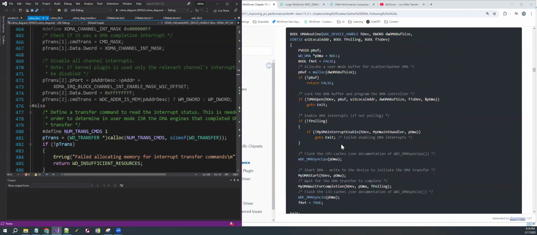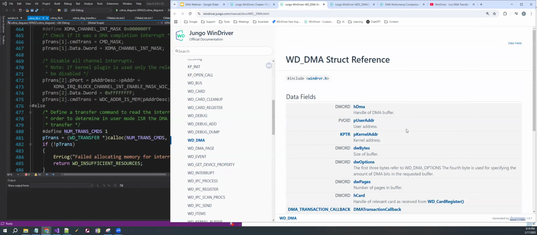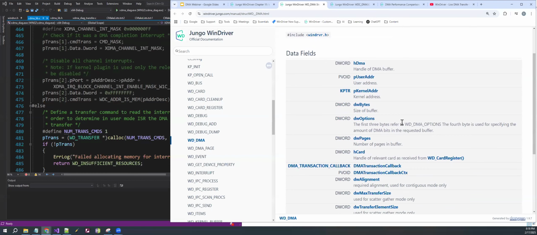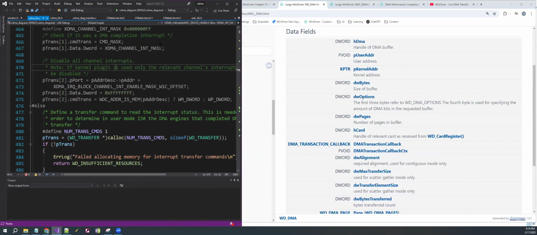Let's go to scatter gather, which is considered more difficult to perform. So your DMA routine function, you add it, should include these parameters. Let's talk about the WDMA struct, which you can find also here. Okay, this is a critical struct because it includes all the necessary information about the DMA. Okay, handle for the buffer, user address, kernel address, the size of buffer, all the relevant information for your DMA